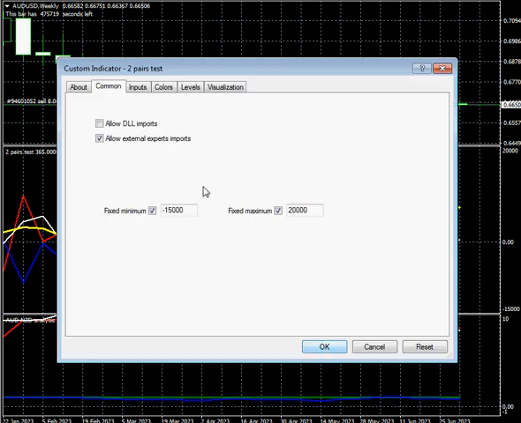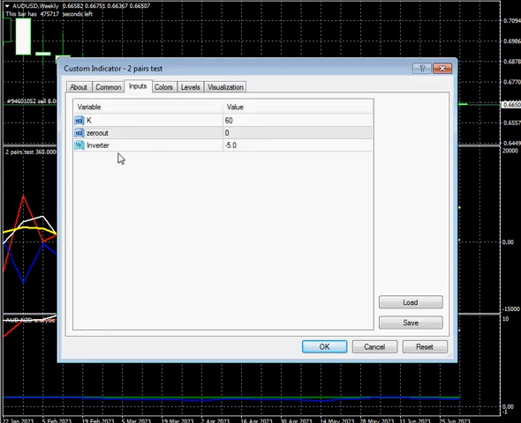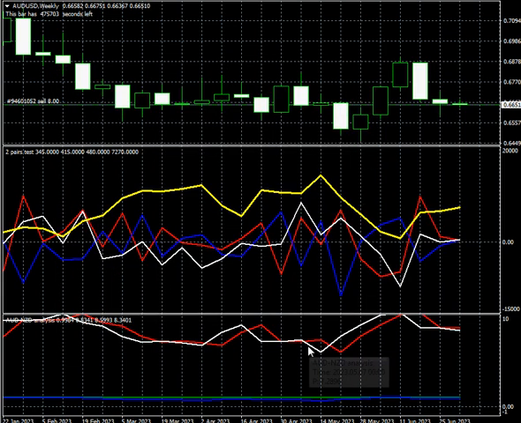Now if I choose an inverter value of -5, it means it simulates a trade of 5 lots in the reverse direction. So we're selling AUD US dollar and we're buying New Zealand US dollar. It's a 5-lot trade on a weekly chart. And as you can see, we had a signal for the reverse trade